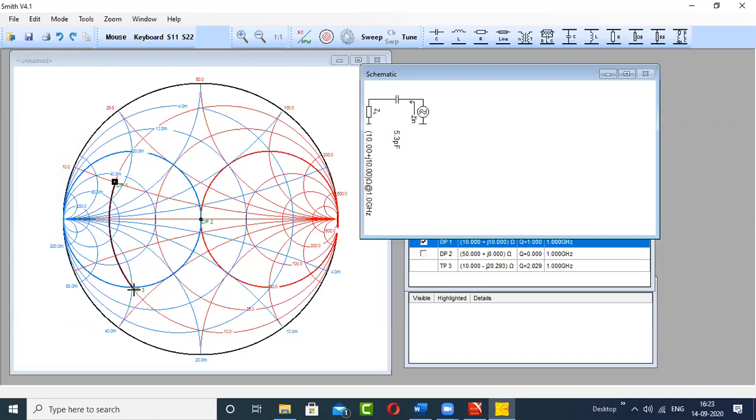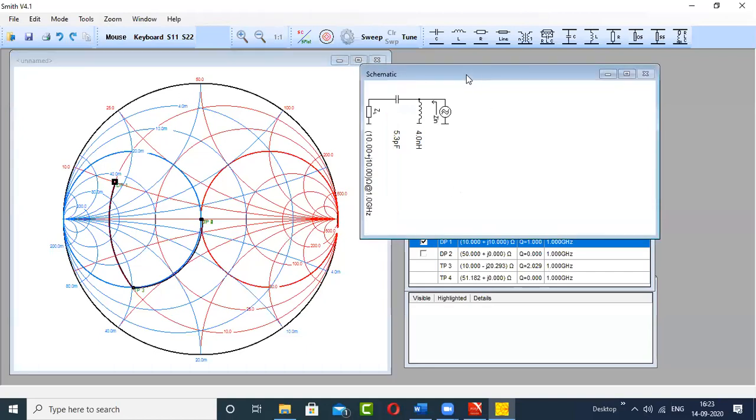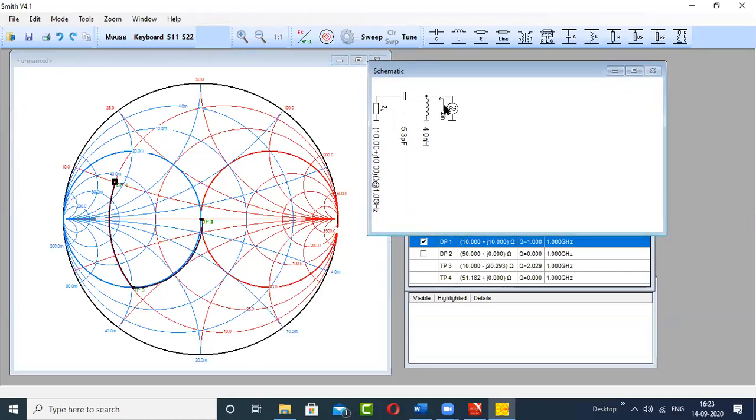Since now you are moving on the conductance circle in the anti-clockwise direction, L is required, shunt L. So I will click on shunt L, and I will click at the center of the Smith chart. A little deviation is there, you can see from the graph. Actually, you should move exactly on this blue circle, but the path is a little deviated because of accuracy issues on my side. Now the inductor required to be connected in shunt to transform this 10 plus j10 ohm into 50, the final transformation, has an inductance of 4 nanohenry.